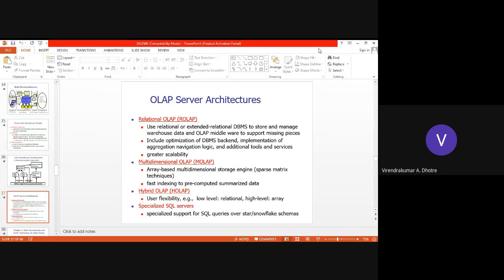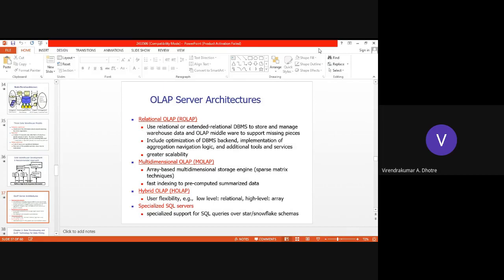We can compute this summarized data, which we stored using sparse matrix techniques or multidimensional storage. All this kind of data is handled by the multi-dimensional OLAP system, which supports a cube kind of structure: one dimensional, two dimensional, three dimensional, and more. If we have multi-dimensional data, it is named a cube in a DBMS or data warehouse. We are going to see a cube structure.